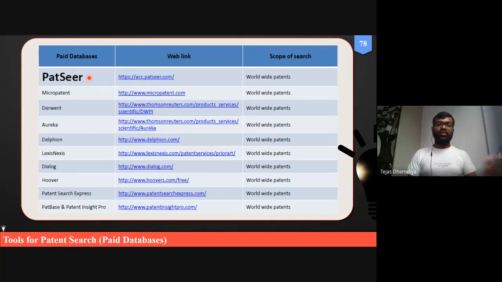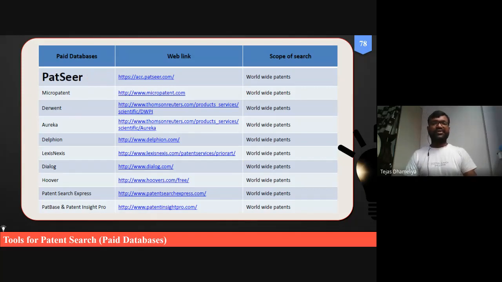Then we can go through PATSEER, a paid database, to search. We don't have to pay a single rupee, because GTU has already purchased PATSEER. So we can get access as a student studying under GTU.